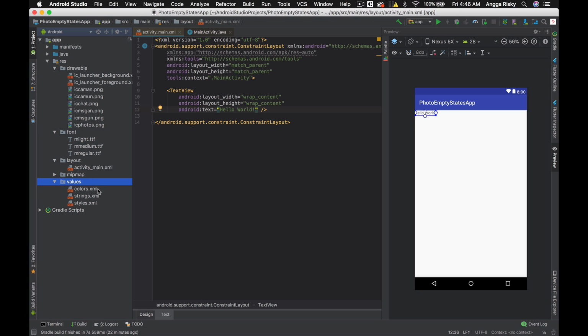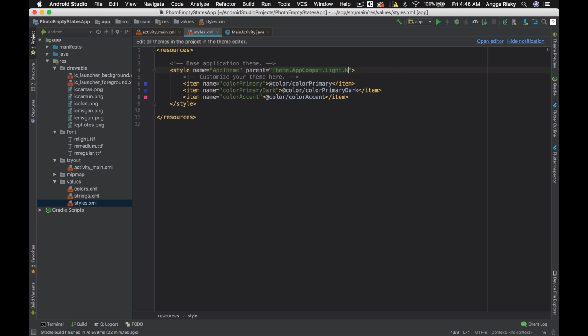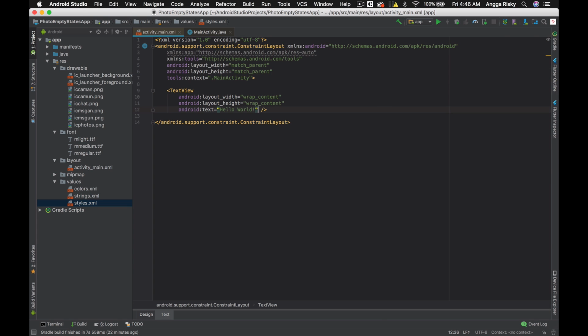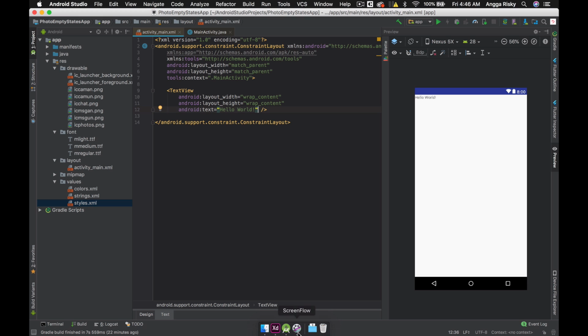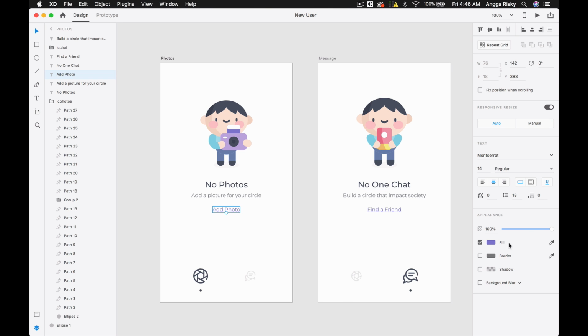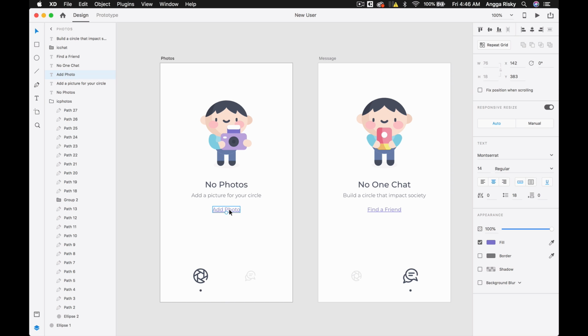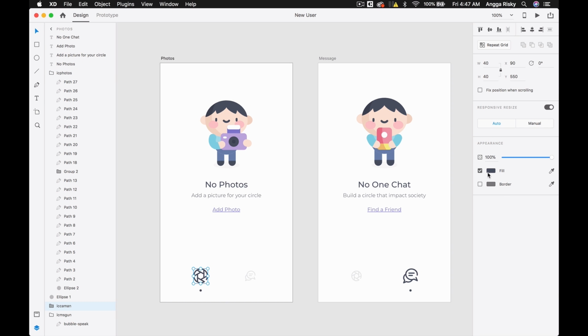And then I have to go to values, into styles, so we don't have to use the action bar, just like that. Okay, and if I go back into the design, I want to change the color of the status bar to the red one. So I think, no, not red, I'm going to use this color instead.